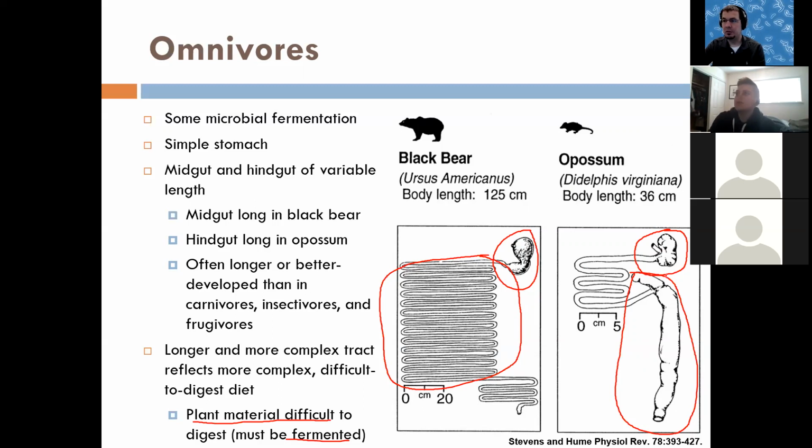So the best, yeah, go ahead. Yeah, so thinking back to the carnivores, you were saying there's little microbial fermentation. The fermentation is important for the digestion of plant material. But in the case of a carnivore that's eating protein, like the cat, is it just the host enzymes breaking down the protein? Or is there another process that microbes play in carnivores, not fermentation, but something else? I don't know. So